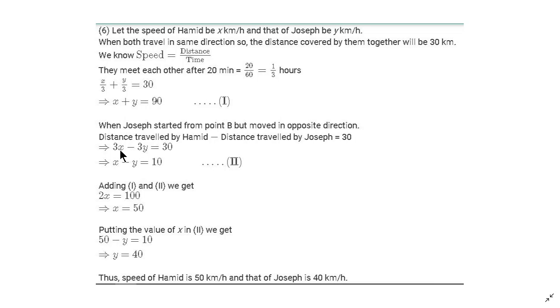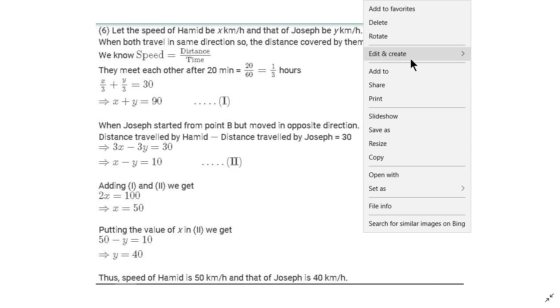Then we can see here, what is distance traveled by Hamid? 3 into x. And what is distance traveled by Joseph? 3 into y. So we can write here 3x minus 3y is equal to 30, right? Understand? What is the condition number 2? I will explain it again. If Joseph would have started from B at the same time, I will explain it by,